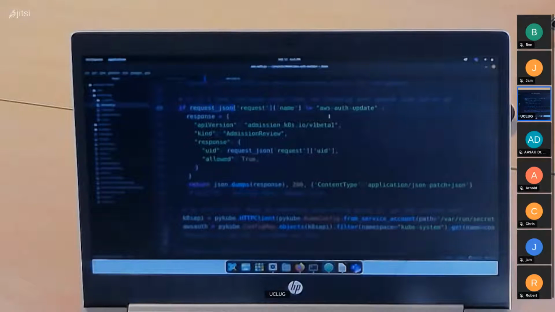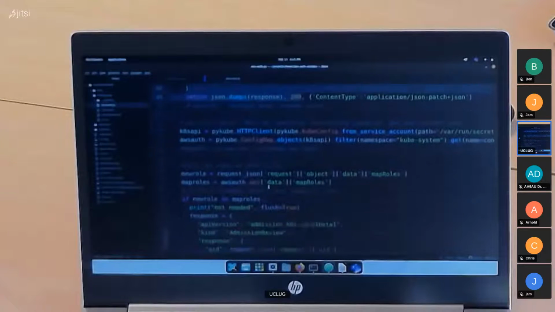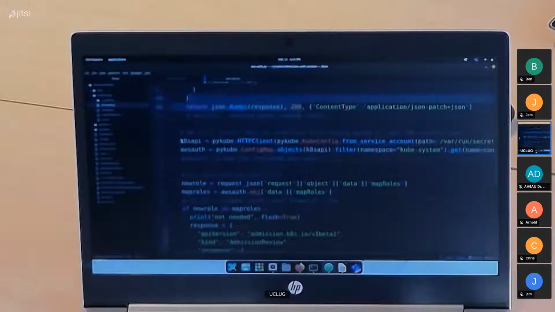So look, you cannot filter the mutating webhook definition. You have to filter it in your code. So all I care about is this one. If I don't have that one, return 200, good, let it happen. You can have whatever it was defined. But if it is this one, I can save that and then grab the current AWS auth